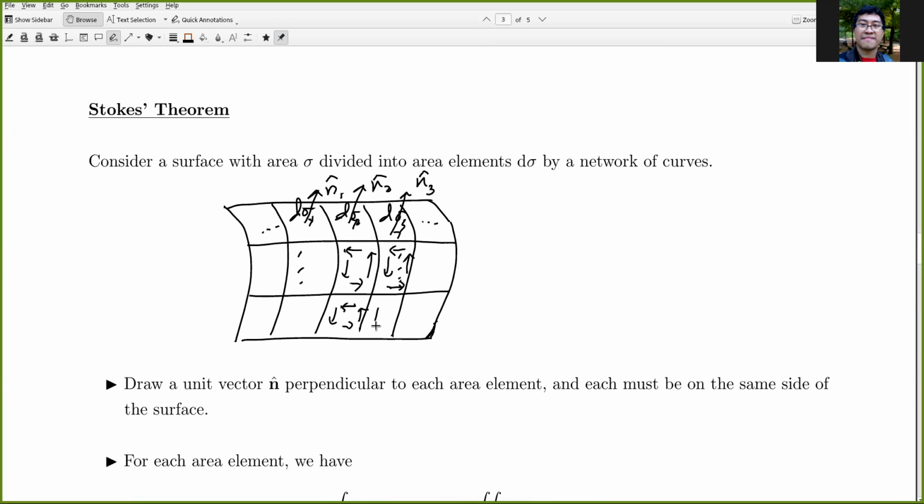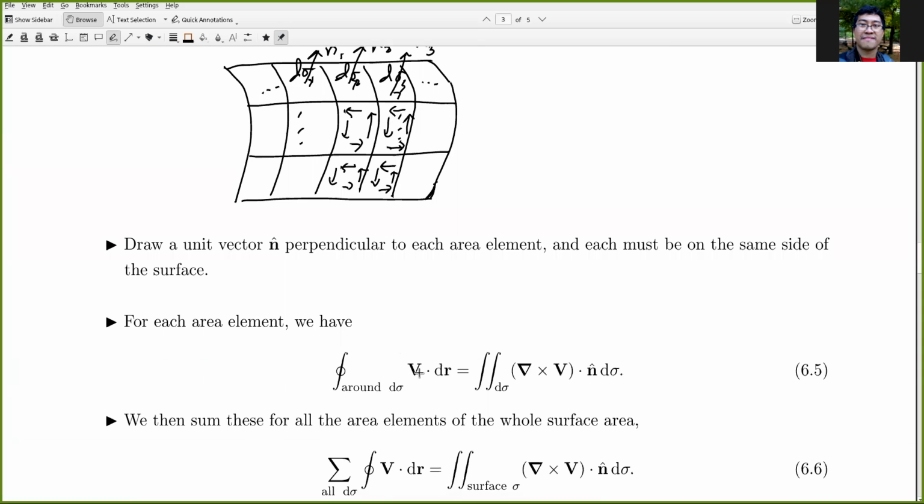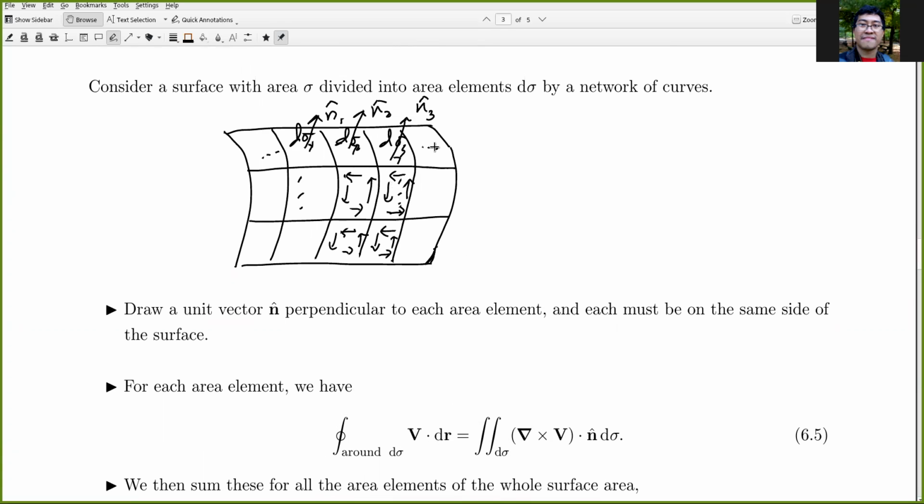And here you have, again, counterclockwise. Do the same thing for the others. For each area element, we have our Stokes theorem in two dimensions: the closed integral of v dot dr around d sigma is equal to the surface integral of del cross v dot n. So for the total, we sum all of this for each area